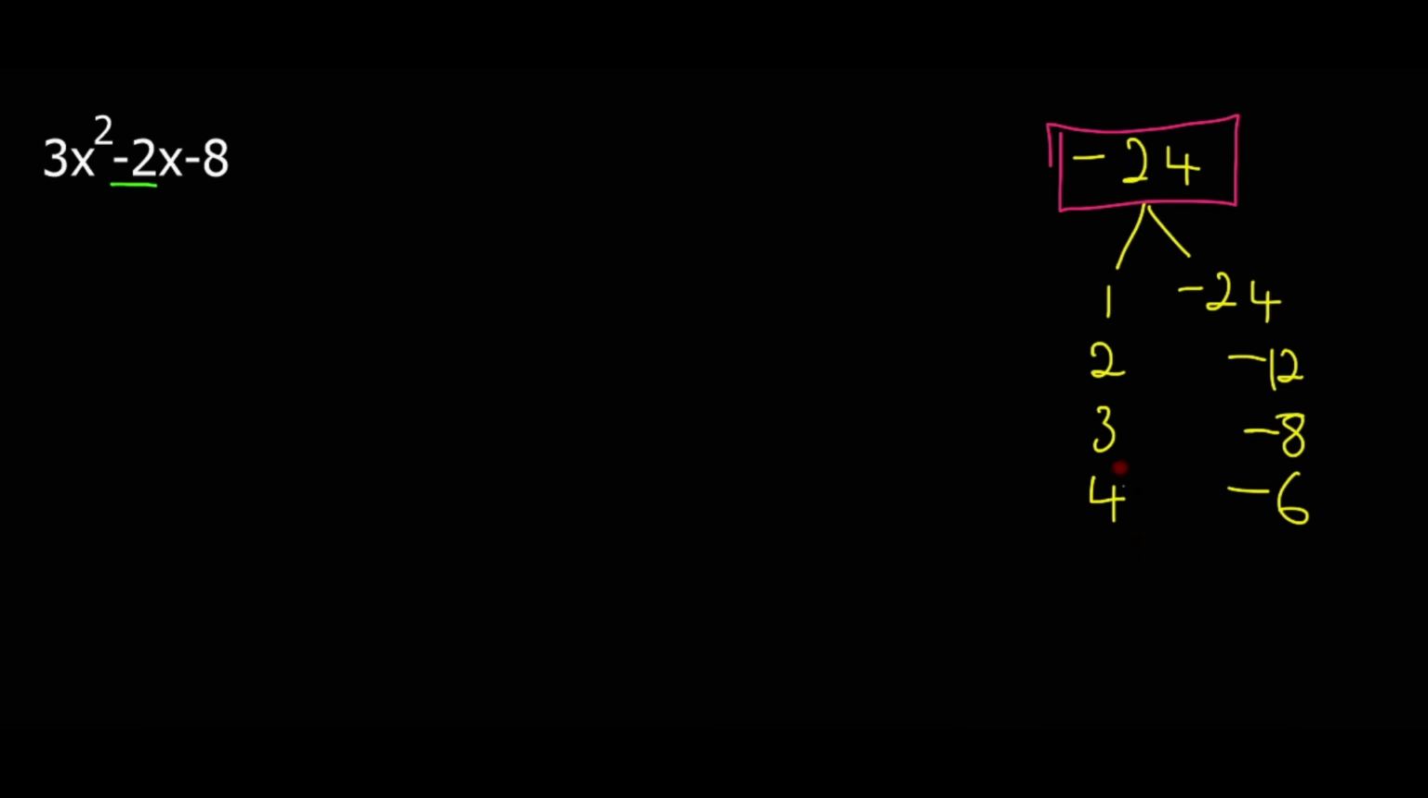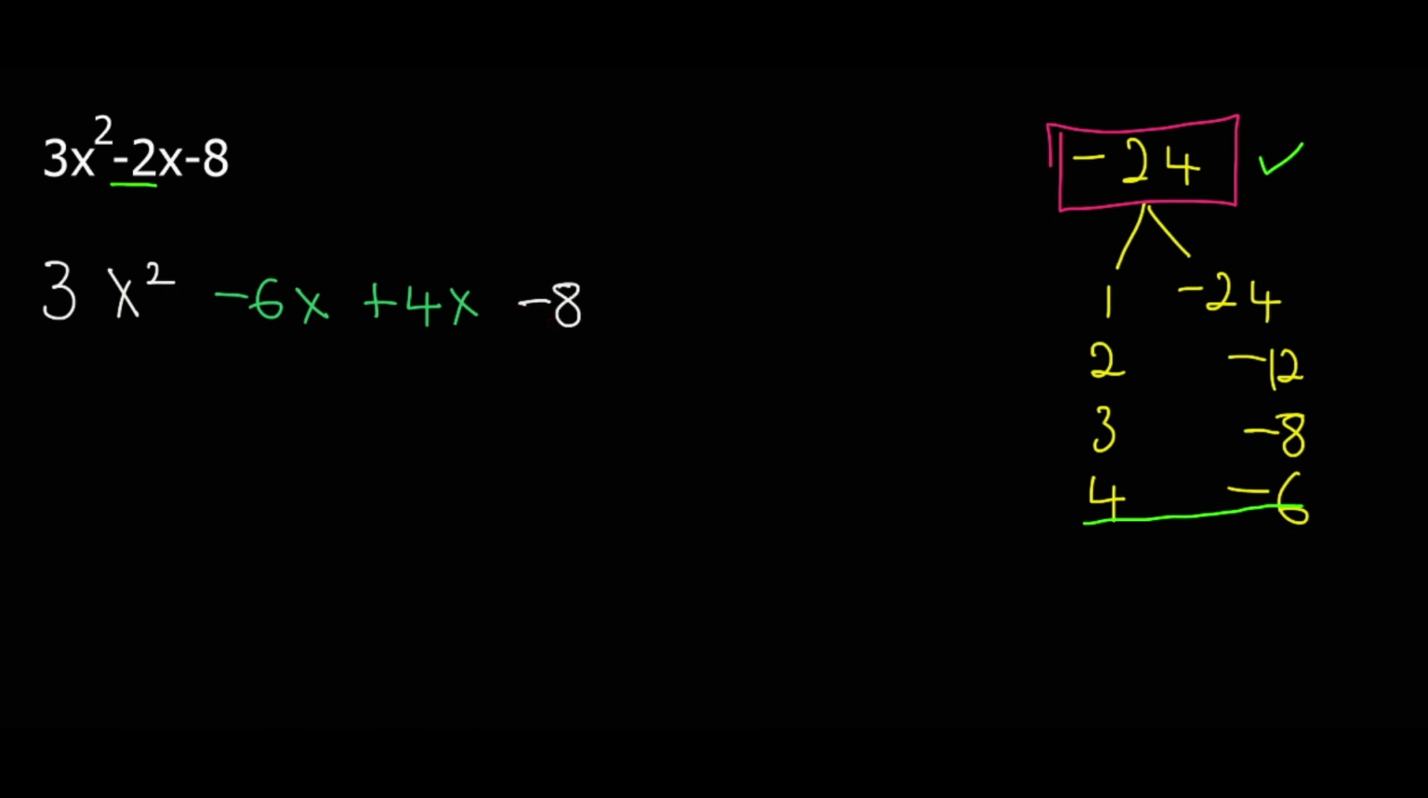You can see that it's 4 and negative 6, because 4 times negative 6 is negative 24, and then 4 minus 6 is negative 2. So we will use 4 and negative 6, and then from here we have 3x squared, and we have minus 6x plus 4x minus 8,